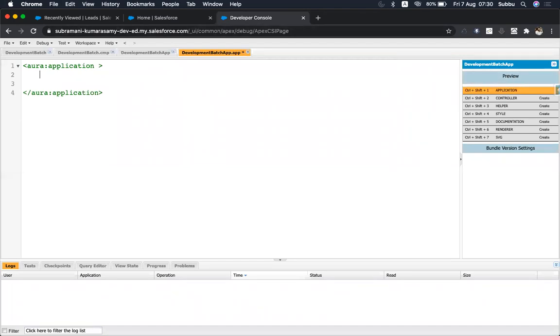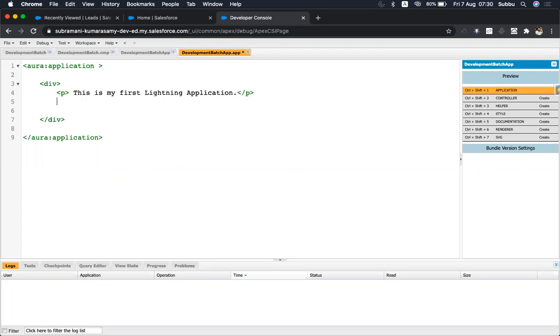So here also you can use the HTML tag and all, and you can also call the lightning components. I'm creating another tag, div tags. This is my application.